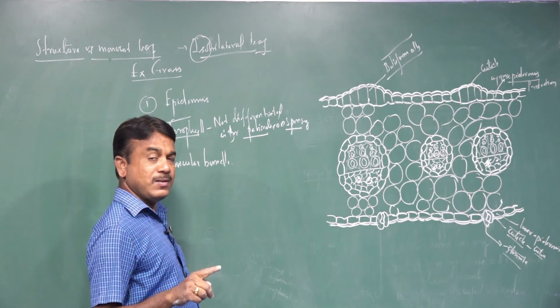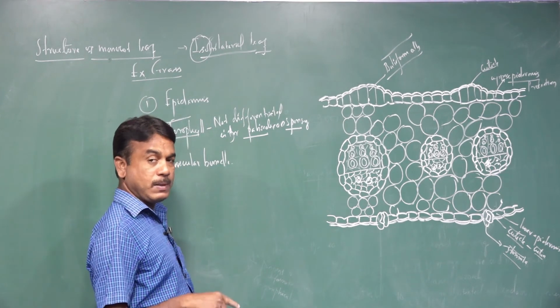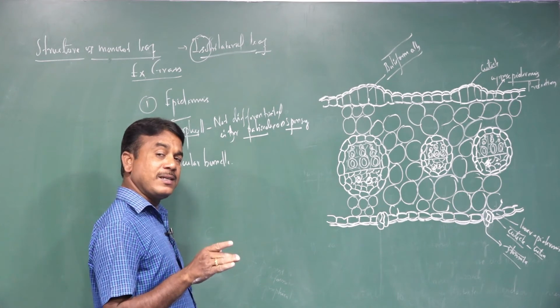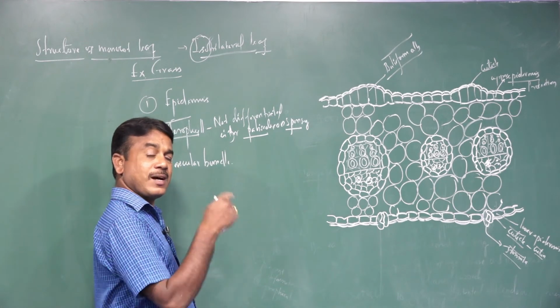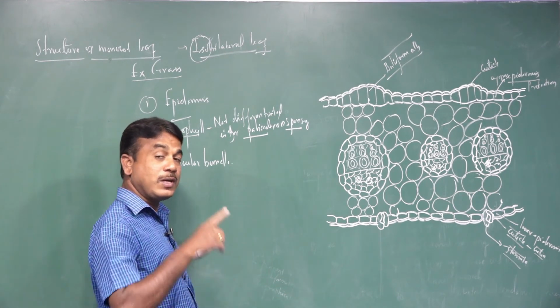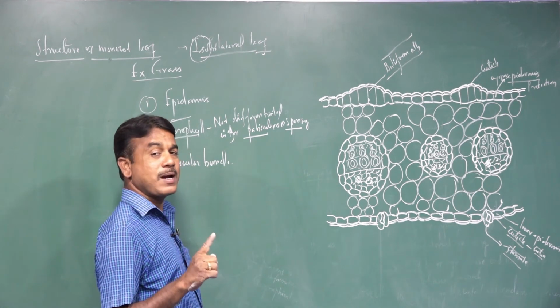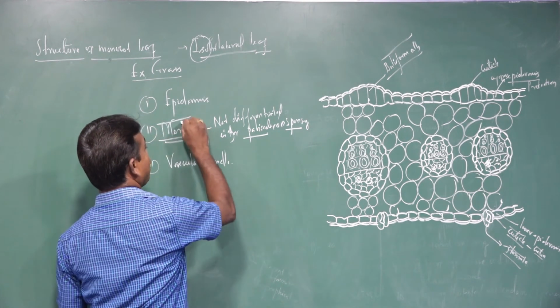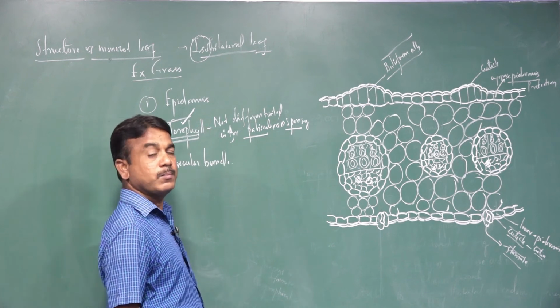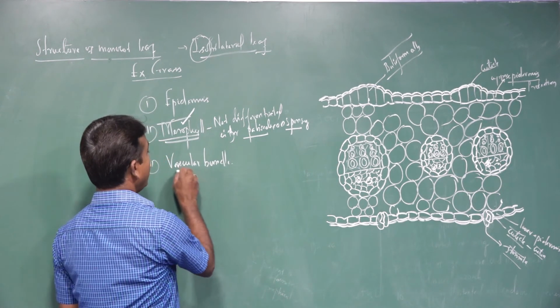So palisade means if it occurs near both upper epidermis and lower epidermis. If, instead of palisade, spongy occurs, it occurs near both upper epidermis and lower epidermis. So here only one type of parenchyma cells can be present. That is the feature of mesophyll in monocots. Next,